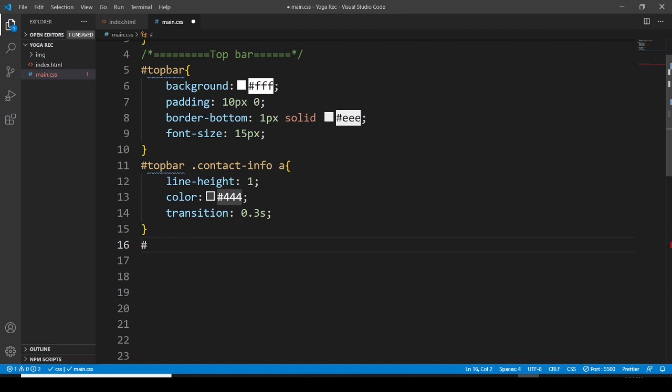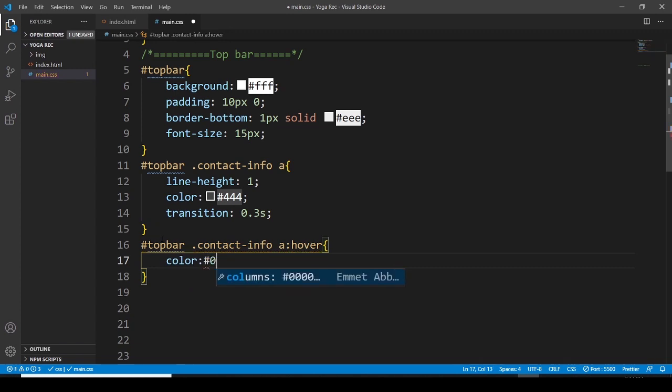Then we have to, again, I would like to go with the same selector. I'm just copying this selector, and here I want to paste it. Then I want to go with the hover, and here the color is going to be 01B1D7. Okay,